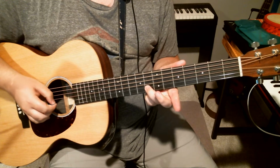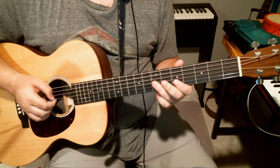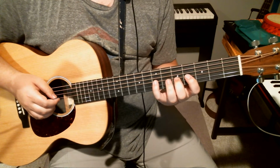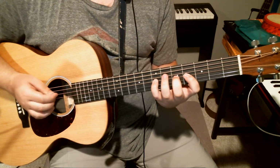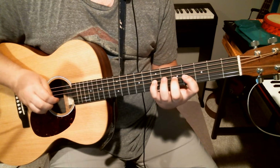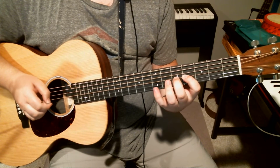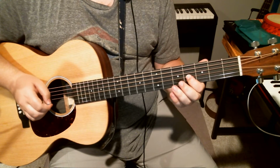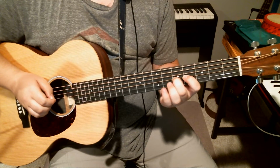Right, so. And then it would be more accurate to sort of change your position here and go like this on the G string so you can sort of pull these off better. Right, so, and then D string, then, right, so,